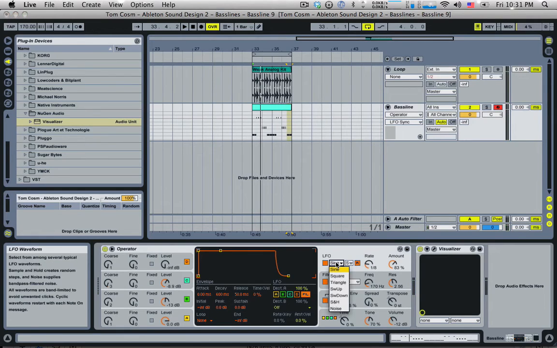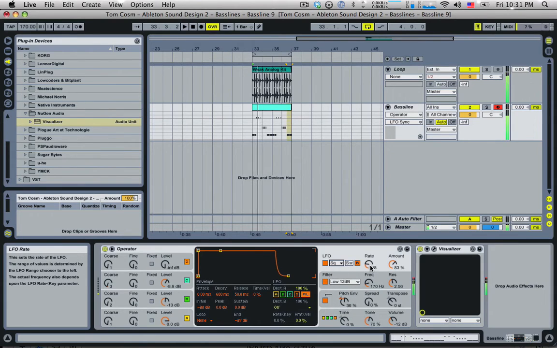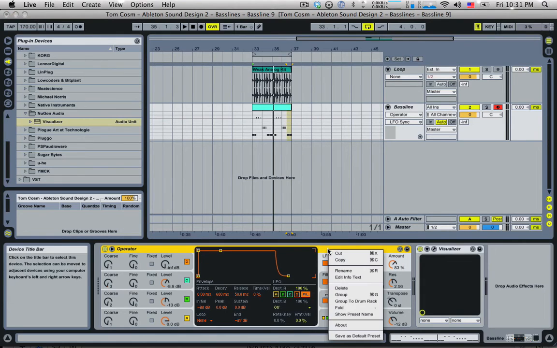We can change the actual wave shape of the LFO to something else. Let's put it at a square. That could be quite fun. And bring it short. That's not bad. Now, as usual, because we've mucked around with modulation and stuff so much, we've kind of gotten